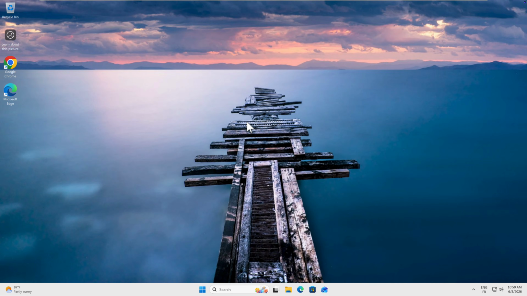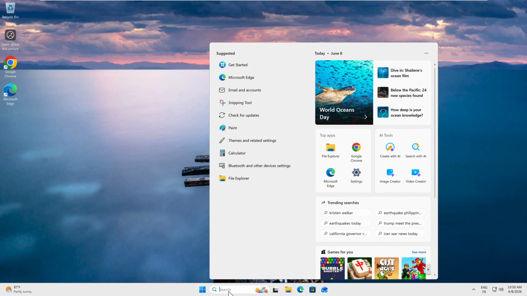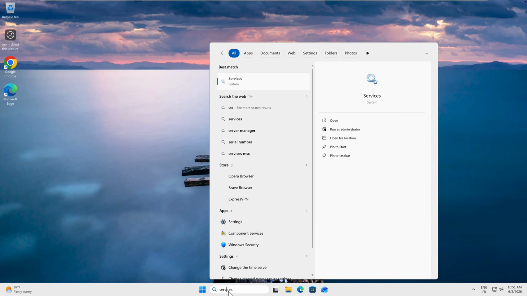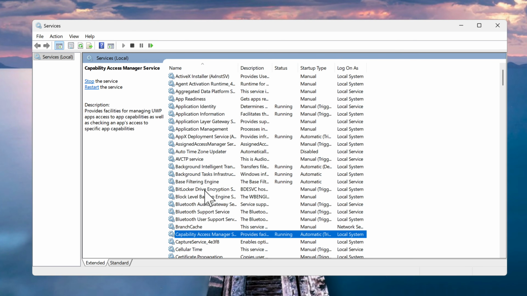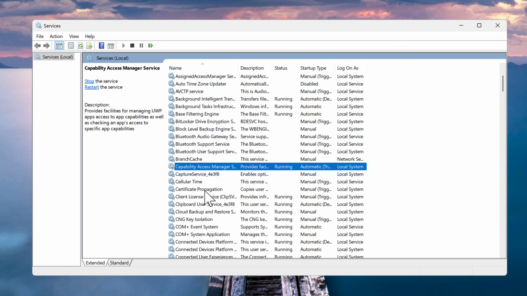Disable unnecessary services. Windows runs dozens of background services at all times. Disabling services you genuinely don't use reduces background CPU and RAM consumption. Click the search bar and type Services. Open Services as administrator. Services worth disabling for most users, with the caveat that you should only disable what you've